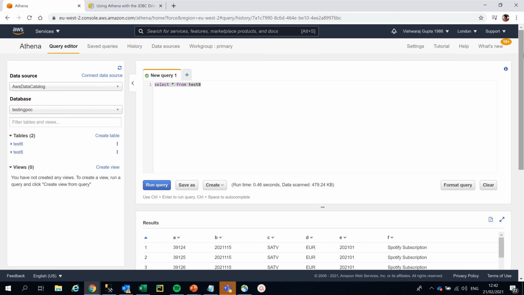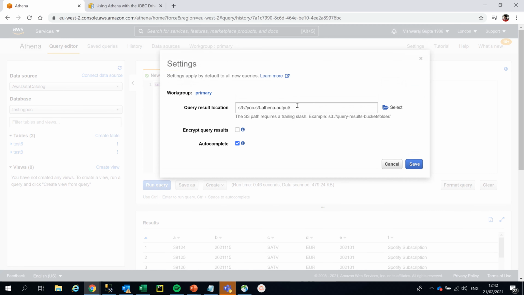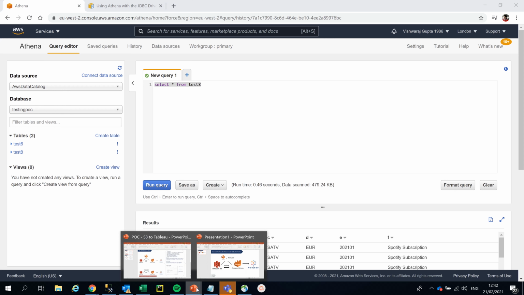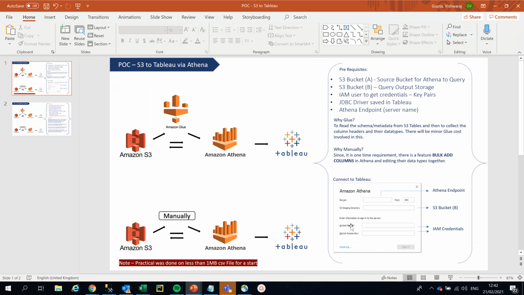Whatever query you make here is saved, as I had mentioned in settings, here. So this query location which we need, as I had mentioned in my presentation, we will need the S3 staging. We will need that query output in the S3 staging category.